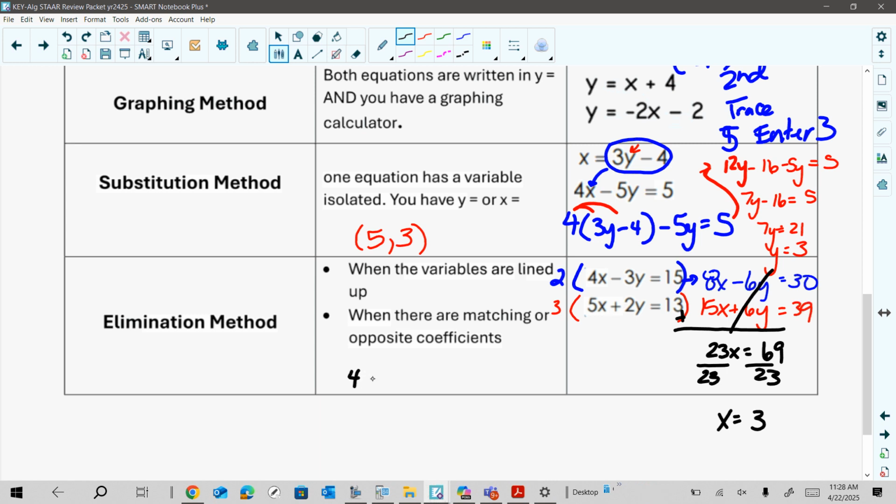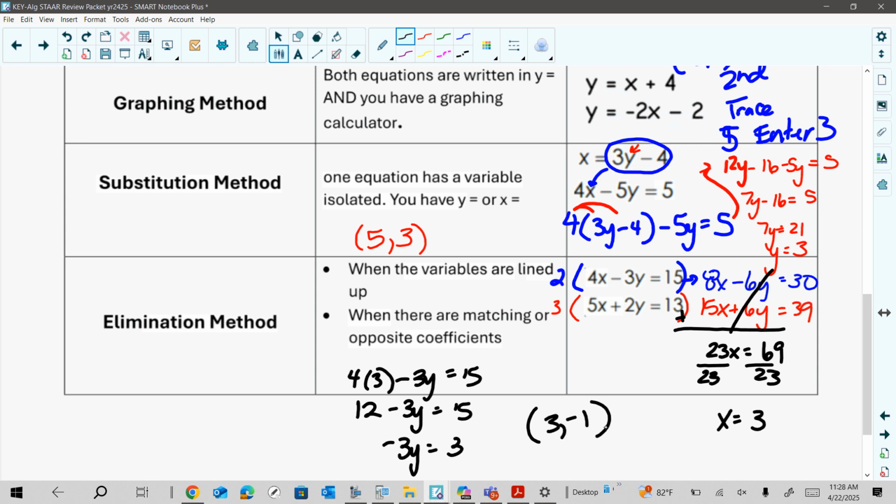I'm going to just do the first one. So 4 times 3, or 4 parentheses 3, minus 3y equals 15. This is 12. When I subtract the 12, we get a negative 3y equals 3. So our y is a negative 1. So our answer is 3, comma, negative 1. And that will take care of